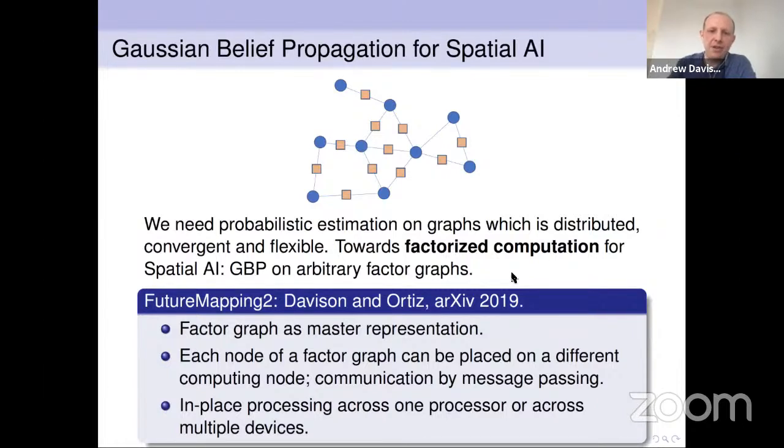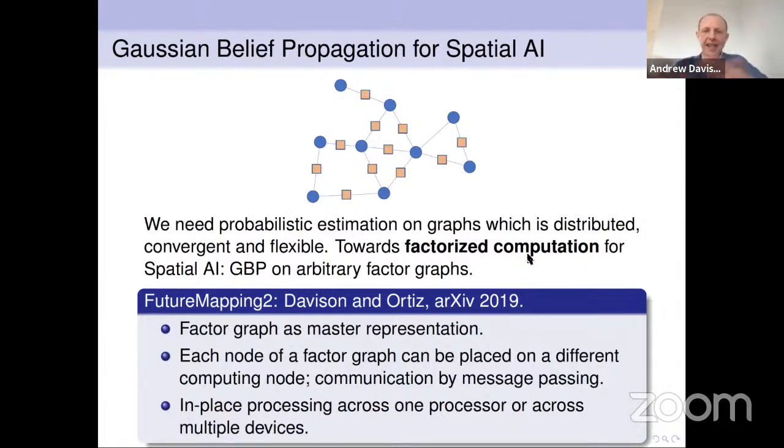So in the second Future Mapping paper, I really look at this question in more depth and think about what the properties of algorithms should be that can do this sort of computation. And a really interesting term is factorized computation. This is really moving away from thinking about how computers work as following a sequence of steps towards thinking about posing a problem that you would want a computer to solve as a graph of constraints where there's data and computation implicit in that graph.